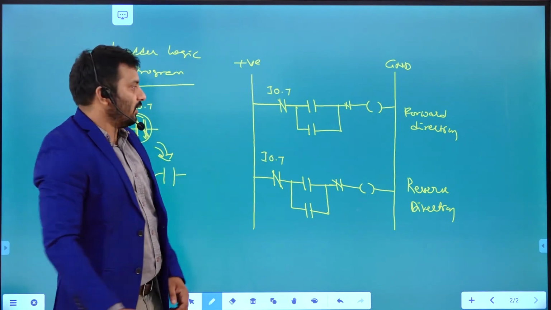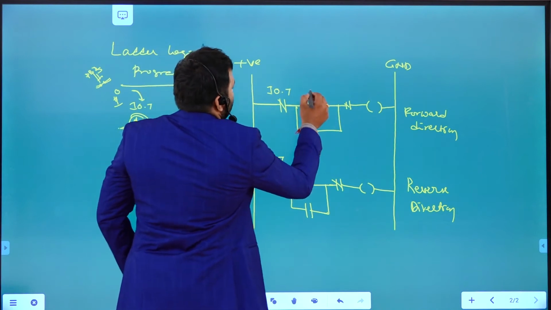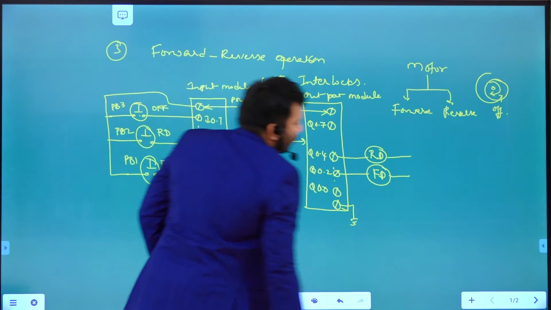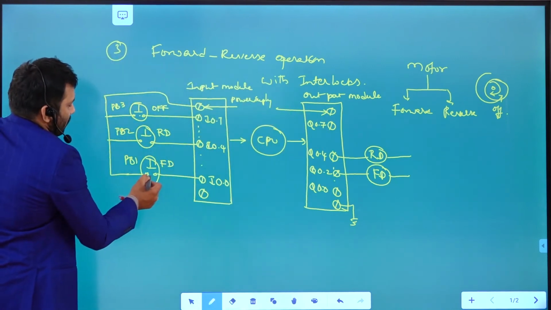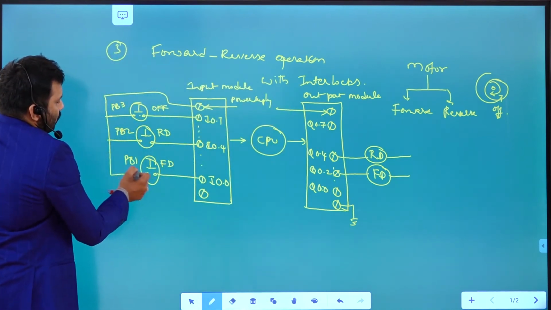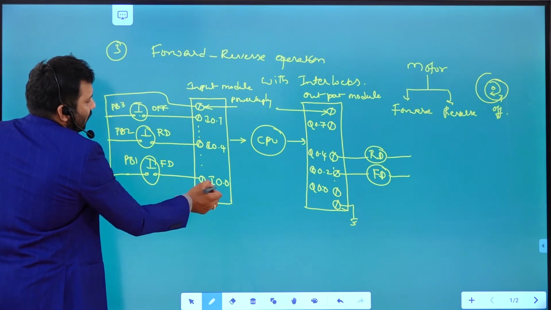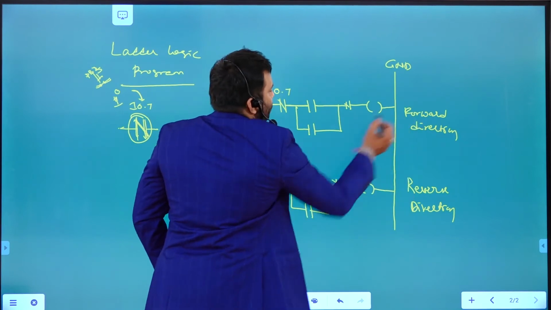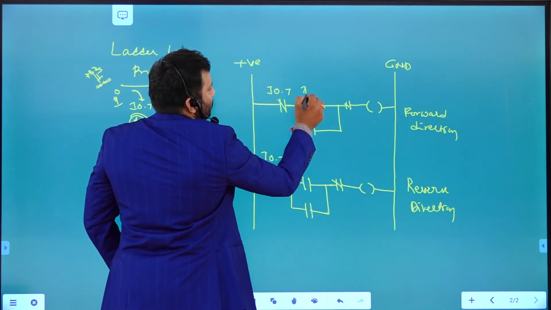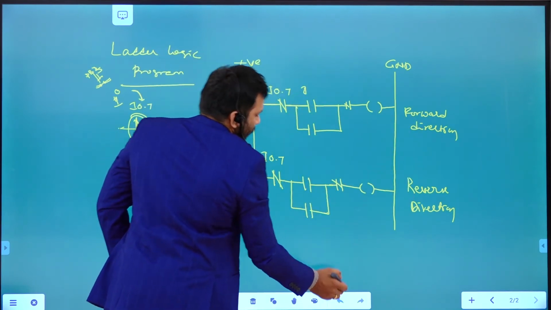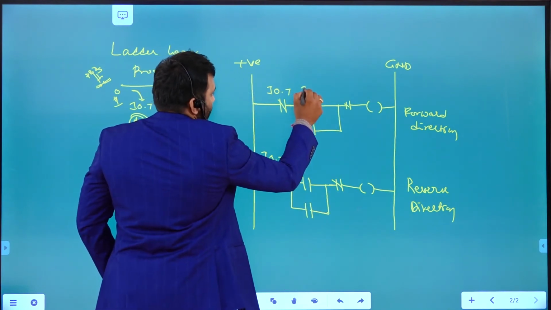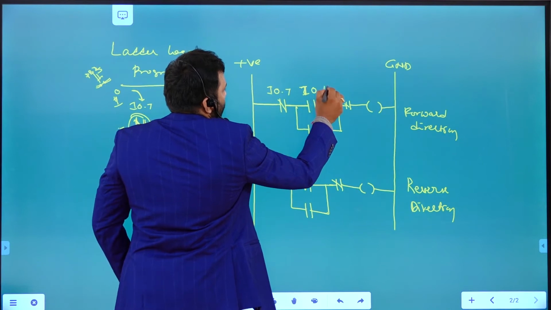So what is the next rung? This rung is going to become the forward direction. Push button 1 is going to be connected to what terminal? The first terminal, right? In the forward direction you want to rotate. Push button 1 is connected to I 0.0.